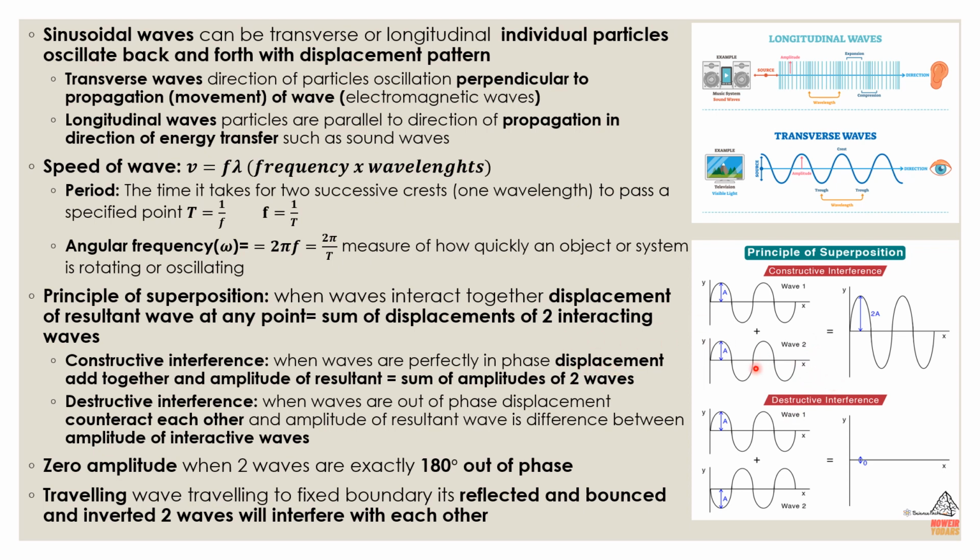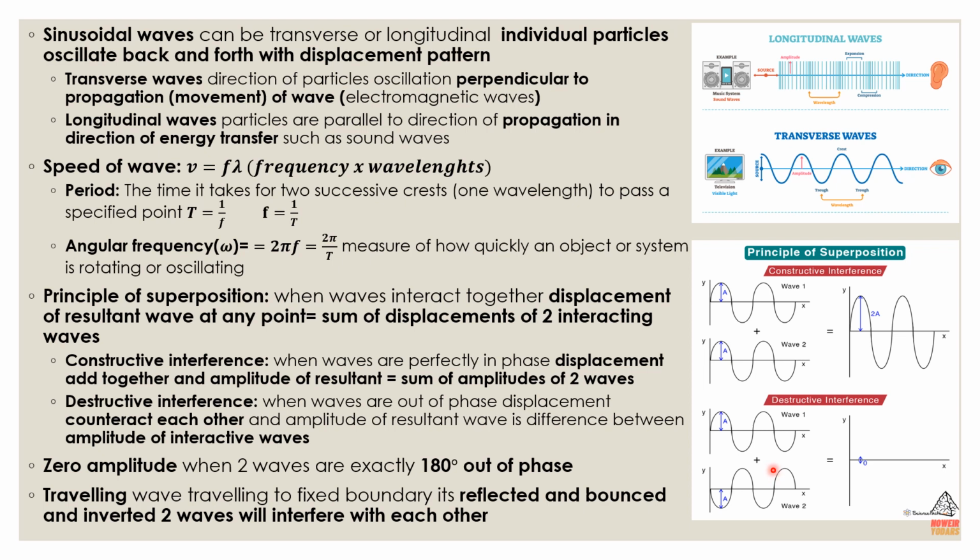And the displacements add together, and now the amplitude is bigger, and the amplitude of the resultant is equal to the sum of the amplitudes of the two waves. So now you have a bigger wave here, because they were both in the same phase, so they added together. So that's constructive. Now you got destructive interference, when two waves are out of phase